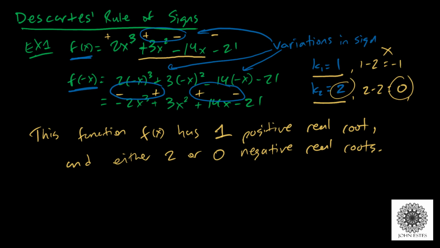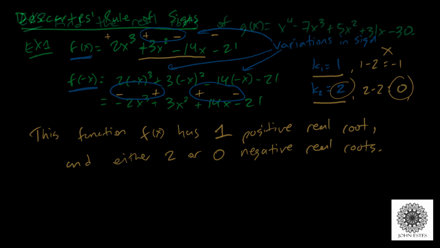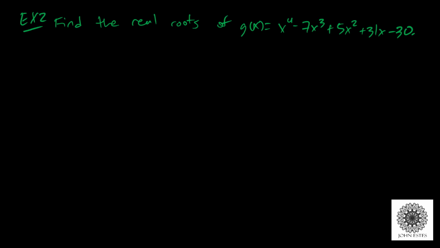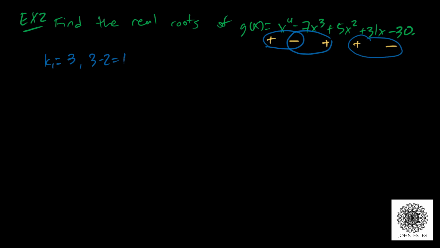Alright, so let me show you an example, and we're actually going to find the real roots for this example. We want to find the real roots of g of x, which is x to the 4th minus 7x cubed plus 5x squared plus 31x minus 30. So it's a 4th degree polynomial. We're going to find our k1 value by counting the variations in sign. So I went positive, negative, positive, positive, negative. Notice there's a variation in sign, going from positive to negative. There's another variation in sign, and then over here I went from positive to negative again. So that means my k1 value is going to be 3, or 3 minus 2, which is 1, or